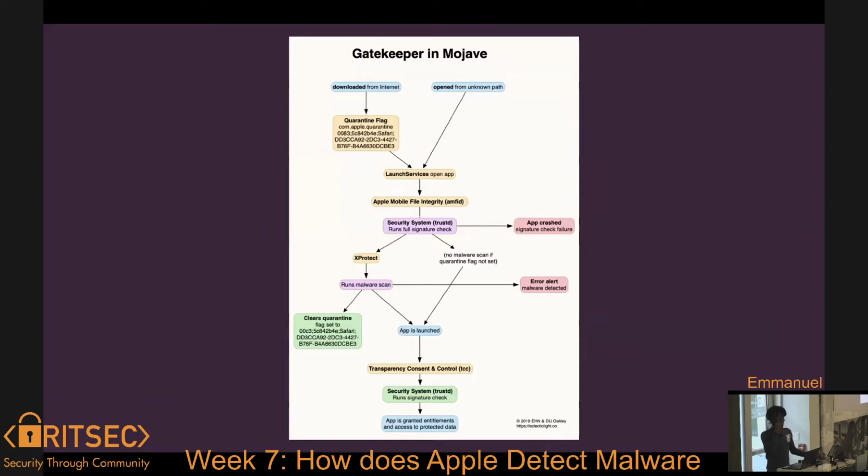So this is 2 versions before the current one, and this is how the whole app cycle, not the app cycle itself, but the checks, really goes on. If you download from the internet, obviously it gets the quarantine flag, and Launch Services, this is like running from the GUI. It's called Finder, and it's equivalent to the File Explorer on Windows. So when you double click on it,